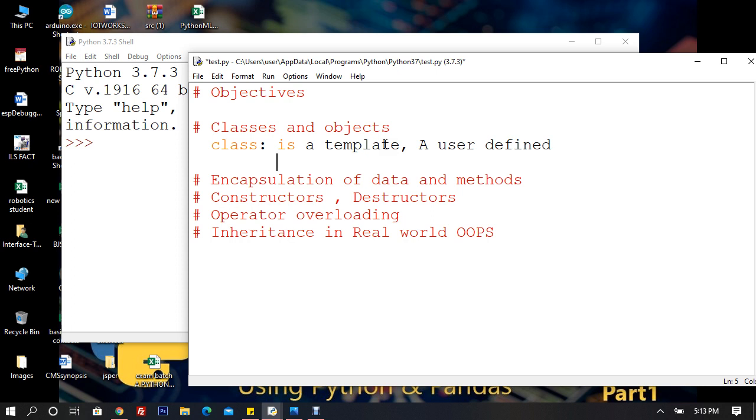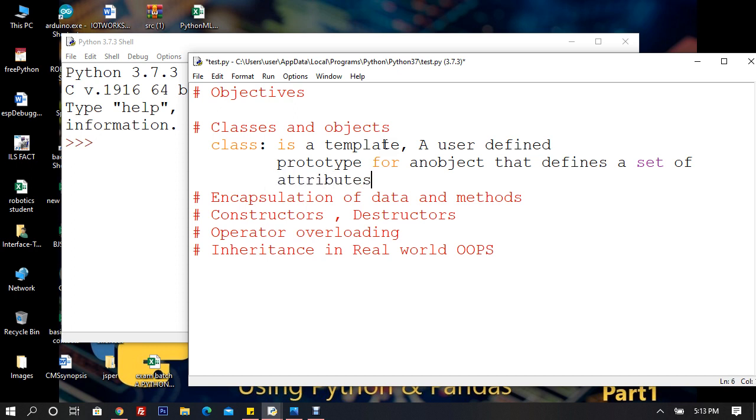We can say user-defined, or user-defined prototype, for an object that defines a set of